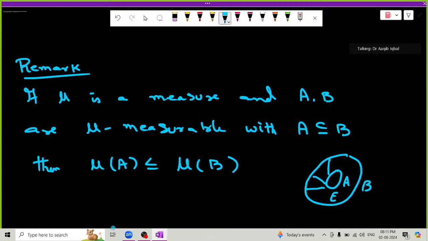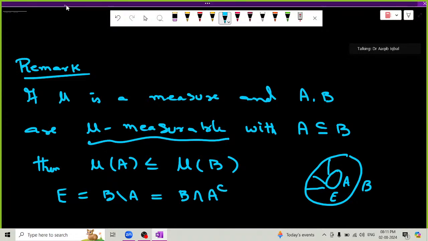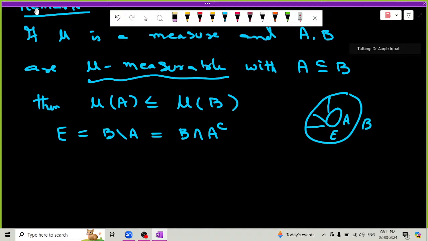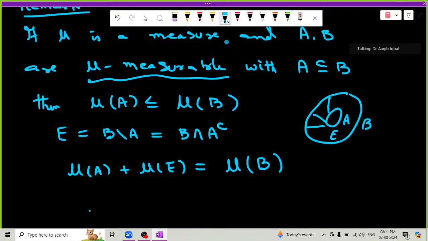Why? Because this A and B, by the way, are measurable by our assumption. Now E जो है, E can be written as B minus A, which is B intersected with A complement, so therefore it's measurable. So E and A are measurable and they are disjoint also. So using the additivity of measure mu, we get mu of A plus mu of E. This will be equal to mu of the union of A and E, which is B. Okay. So mu of B is equal to mu of A